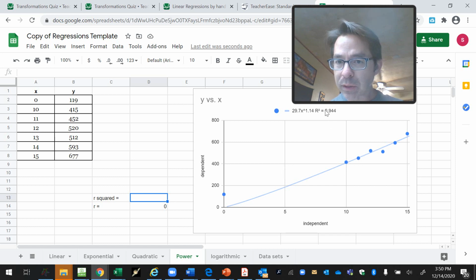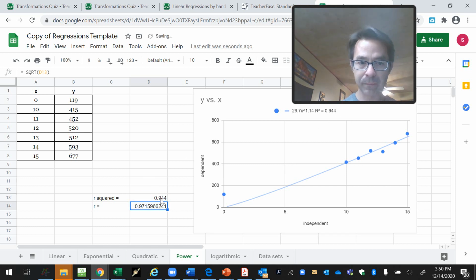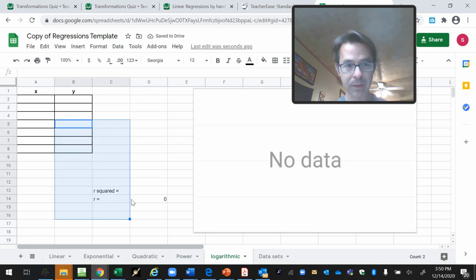Okay, R squared is 0.944. Put that right there, 0.944. Enter. Logarithmic. Click on that first cell, Control V,